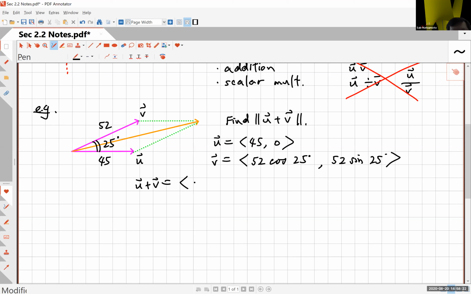But anyway, so what is u plus v? Well, you add the two x coordinates together. The new x coordinate is 45 plus 52 cosine 25, and you can just calculate that. And the second coordinate is, of course, 52 sine of 25 degrees. Easy stuff, right? And then you can go ahead and